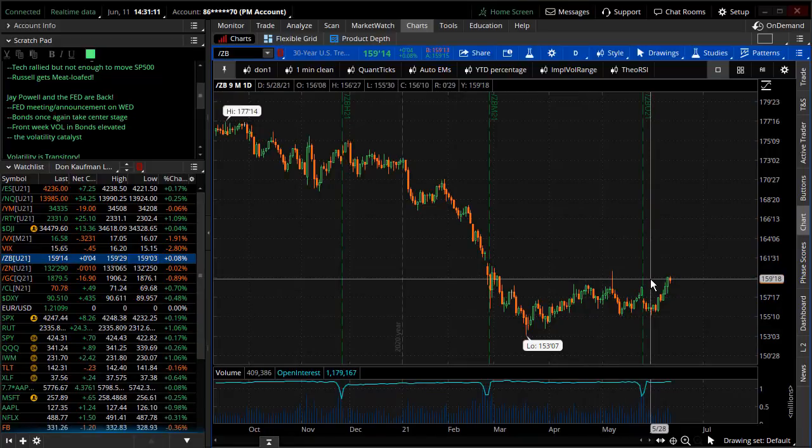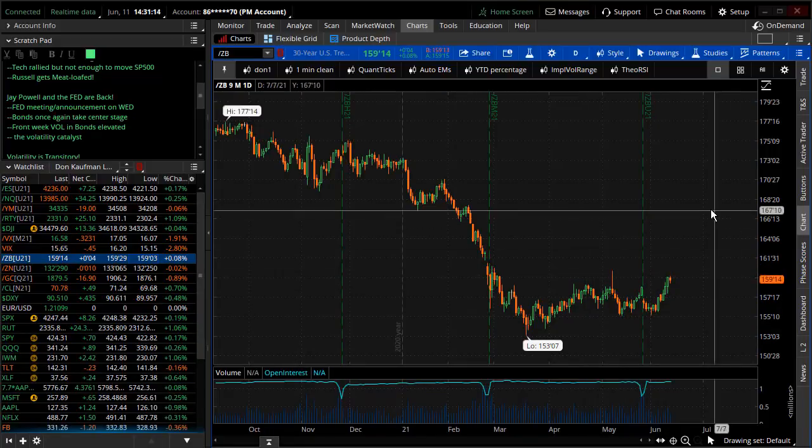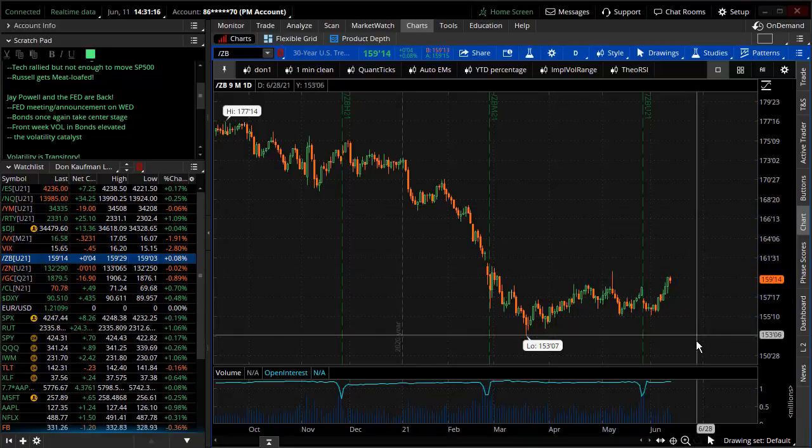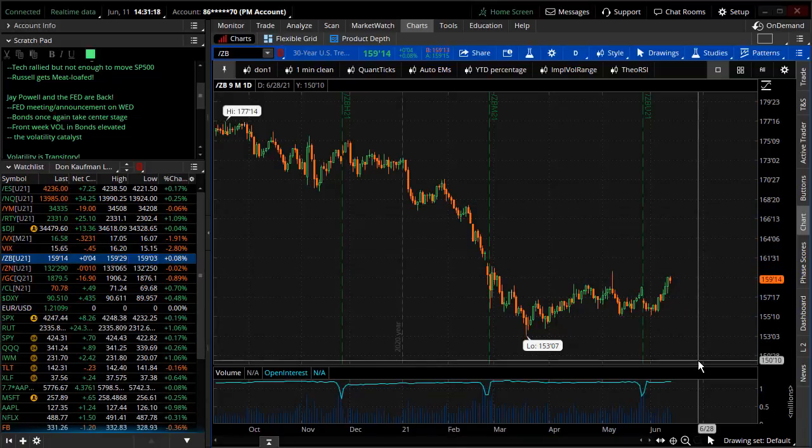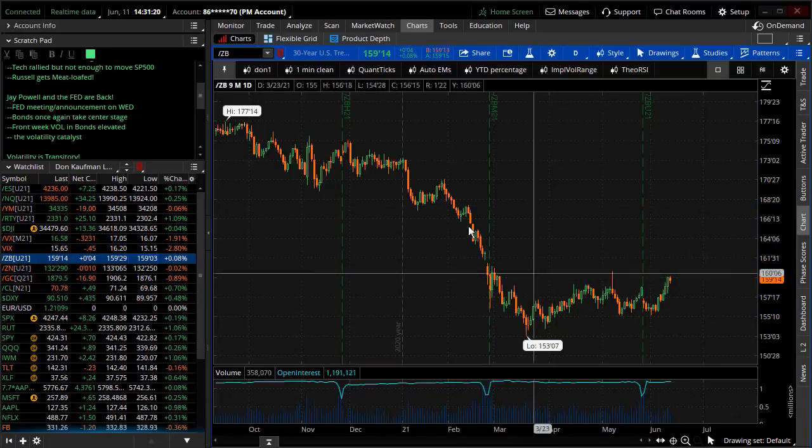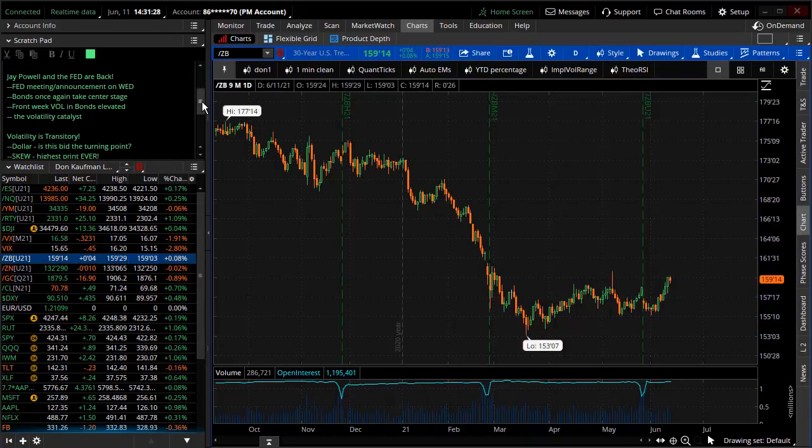Anything outside that range, it's dangerous. The bonds rally, it hurts financials. The bonds sell off big, it hurts tech. That's not a win-win situation for the marketplace. Nevertheless, you've got to look at the Fed as nothing more than the catalyst. Don't block out the noise. You don't even need to listen to what they're saying. Yes, they're going to talk about tapering. You just don't know the way the market's going to interpret that.